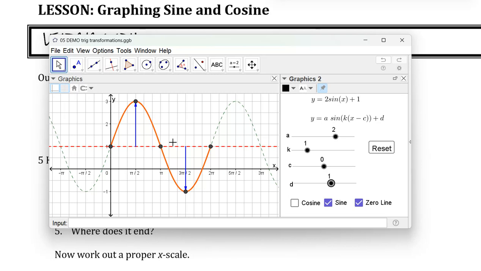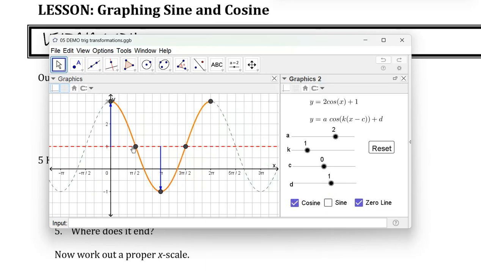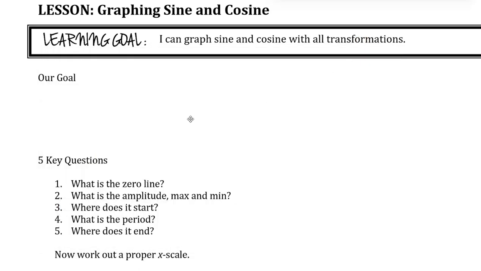Okay? And the nice thing about the 0 line, for sine, 3 of the points are on the 0 line. Okay, so that point, and that point are on the 0 line. And for cosine, 2 of them are on the 0 line. So knowing where the 0 line is going to be a big part of finding the points and generating properties and thinking about just what the function looks like. Okay, so that means our goal